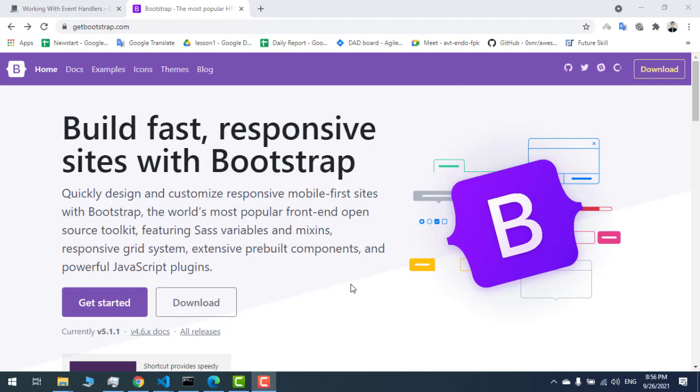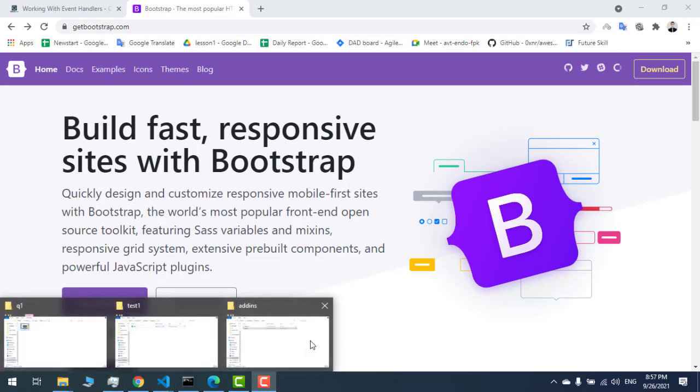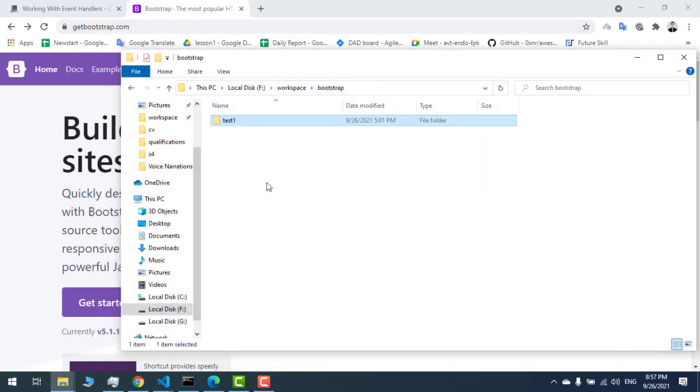It won't be really necessary to have a deep understanding of HTML and CSS, but it will be a good idea to have a sense of how HTML works and how we can use HTML element tags. However, before starting the Bootstrap learning, let's create a new project. Let me, for instance, come here and create a new folder. For instance,